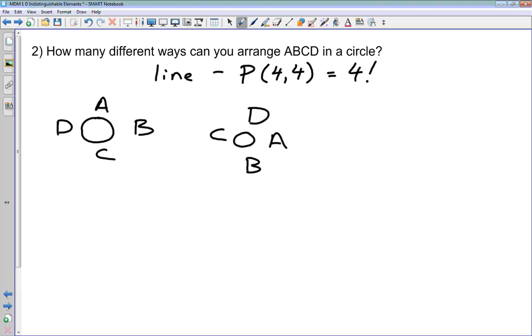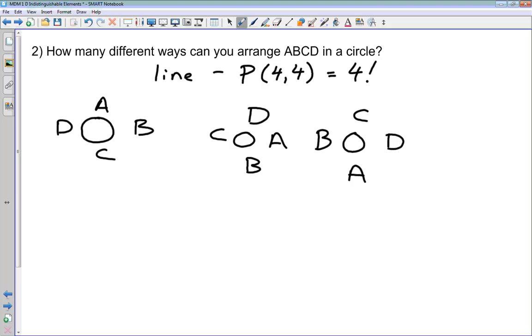The problem is these 2 arrangements are actually exactly the same. All I've done here is rotate it around like this. And we can imagine rotating it again, C, D, A, B is another circular